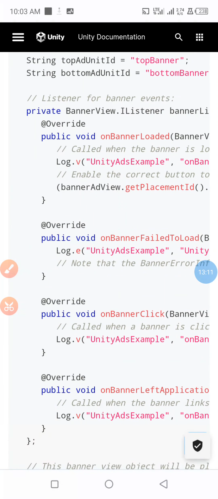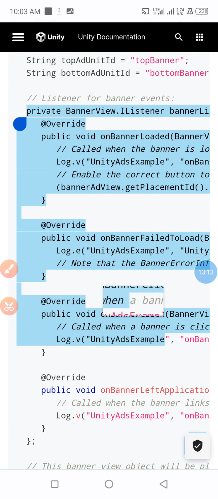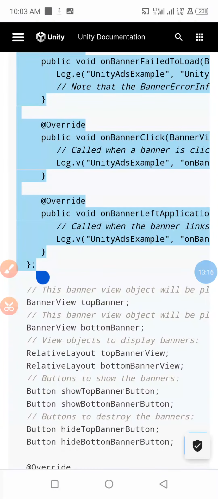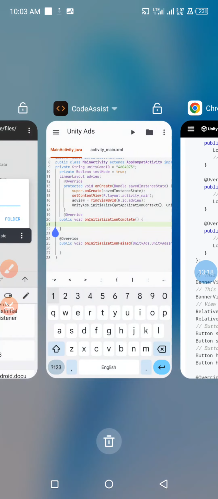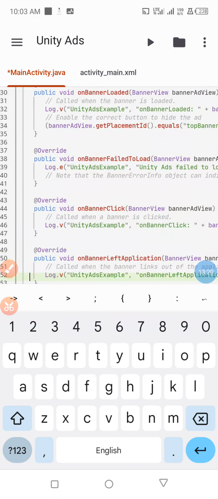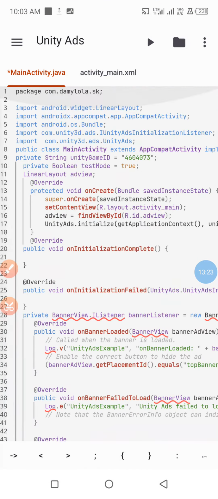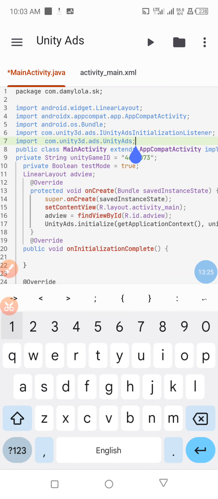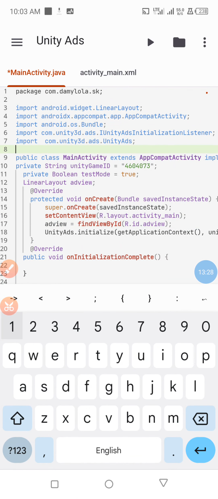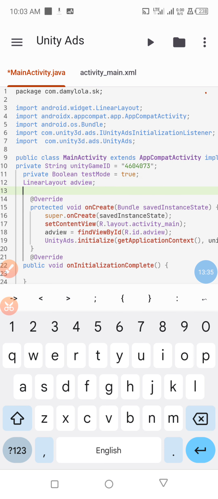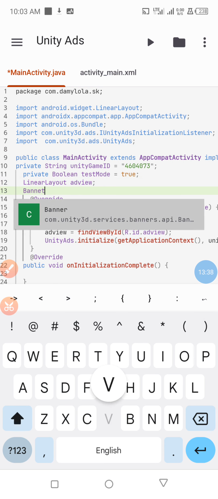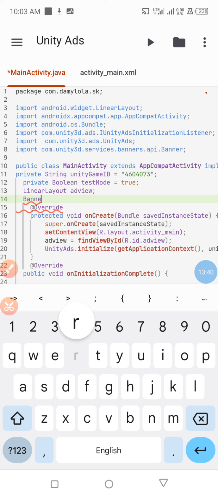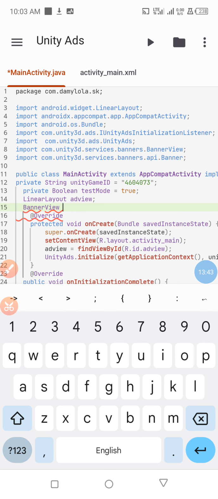So let's add this code to our project right here. It will show errors. We have to import some classes when it shows errors. I'm going to import banner view by creating our banner view, bottom banner,